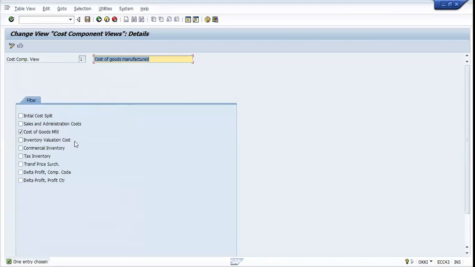Calculation. So basically what happened is that we are calculating overhead not on the basis of a cost component view, but on the other basis. Therefore nothing is required to be configured here. And since we are using the material ledger,